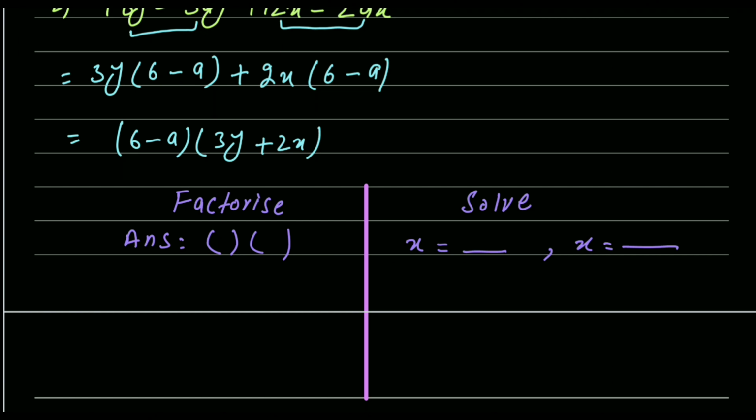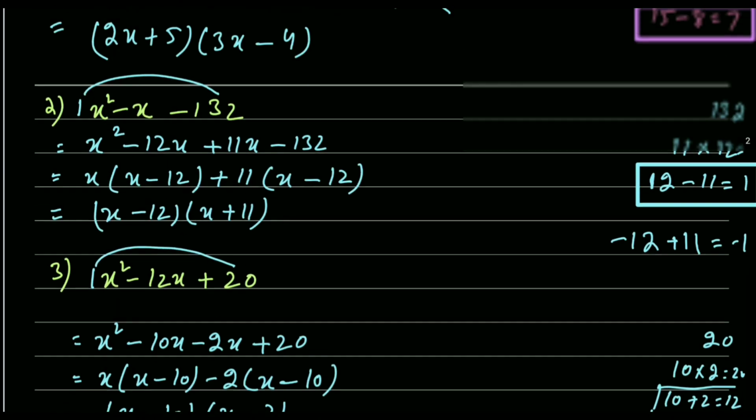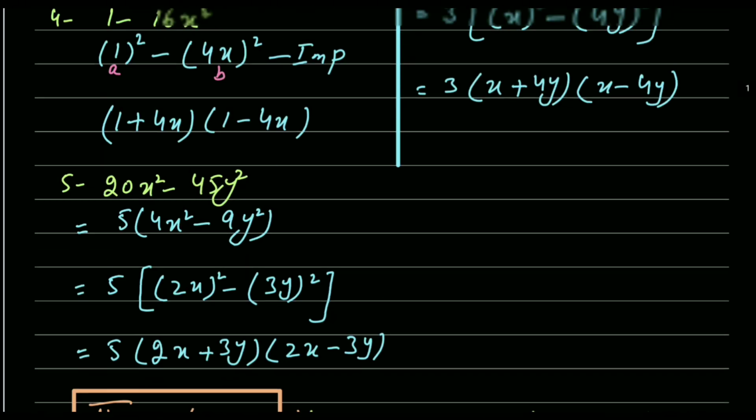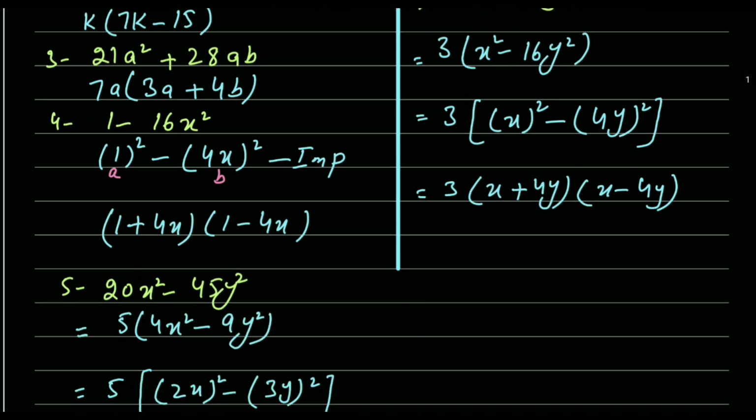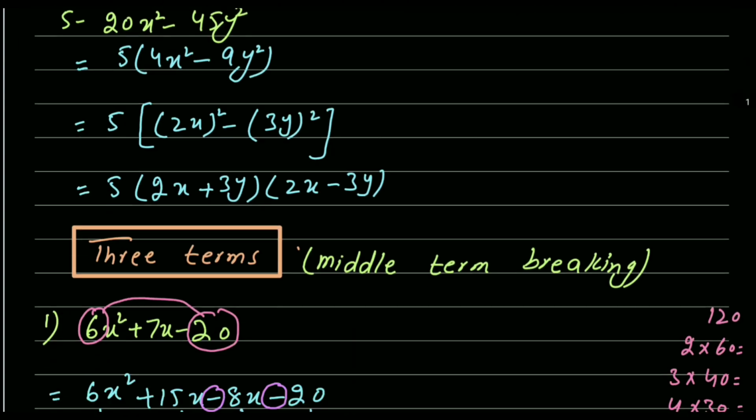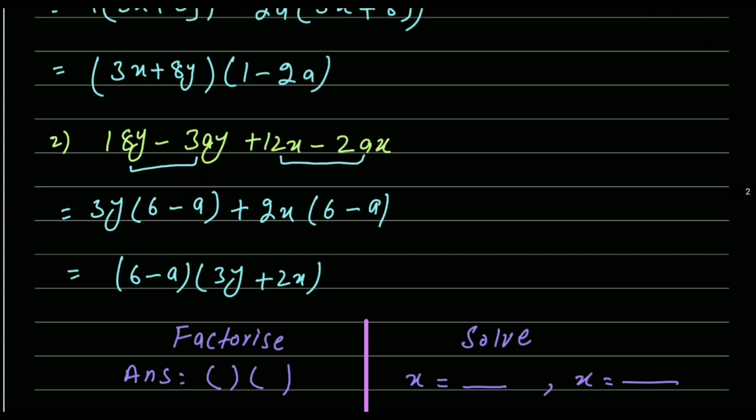One more thing I want to tell you: in factorize, as I told you, your answer should be in two brackets. So what about these two questions? We can see that this question carries just one bracket. Actually 7a is also a bracket and k is also a bracket, but we will not write brackets with these terms because these terms are single. So this was an important thing that I wanted to tell you. Okay, let's come to the question again.